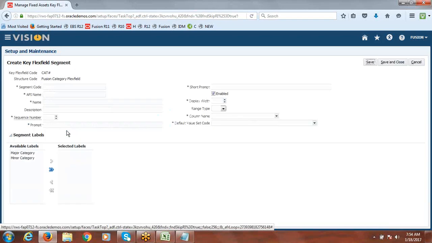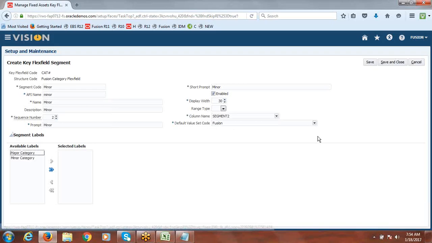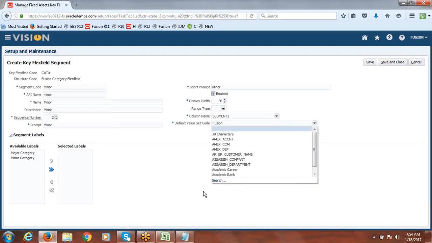Create one more, the second segment. Display width, let's take the same 30. Column name is segment 2. For the value set, Fusion, it's not fetching, so let's search.